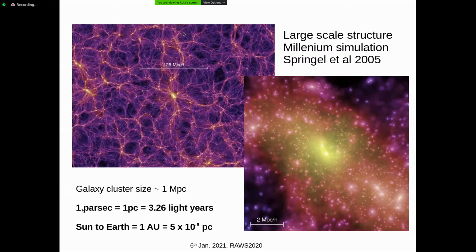You know that the parsec is a unit of distance used in astronomy quite commonly, apart from light years. A parsec is actually 3.26 light years, and to compare it, the Sun-Earth distance, which is called 1 astronomical unit, if you express it in parsec, is about 5 microparsec. Now, when we talk of galaxy clusters, we are talking of systems on the scales of a megaparsec. So you can see the enormous range of scales, from our Sun-Earth system to galaxy clusters. These are really huge systems.